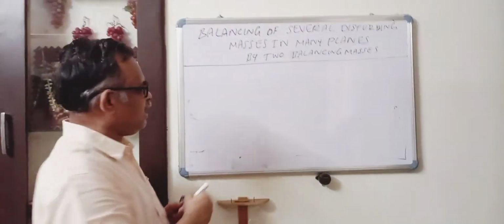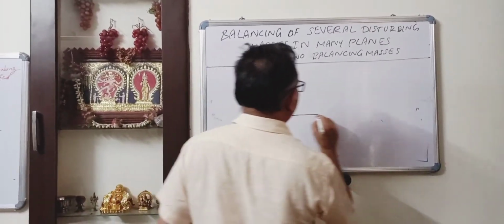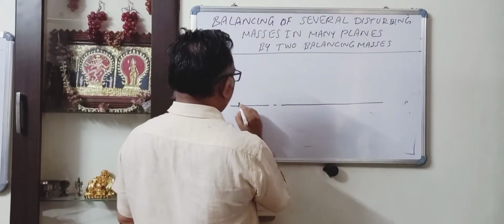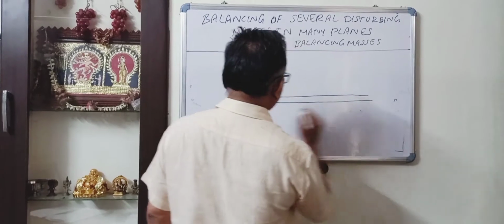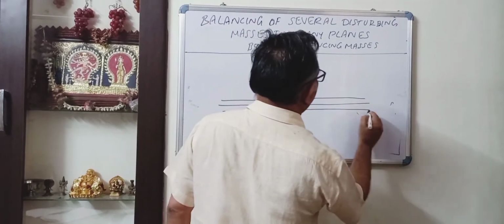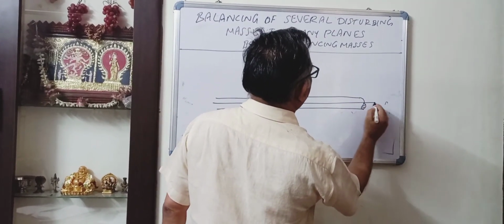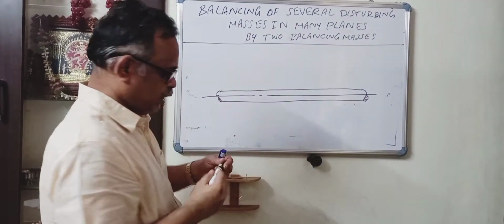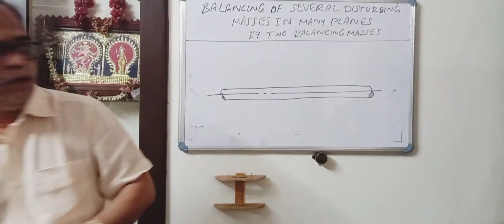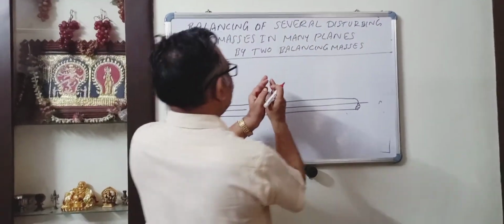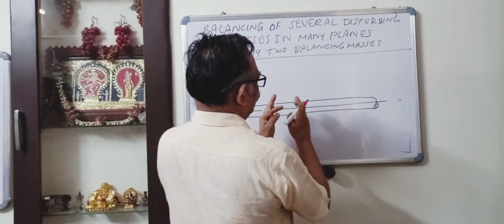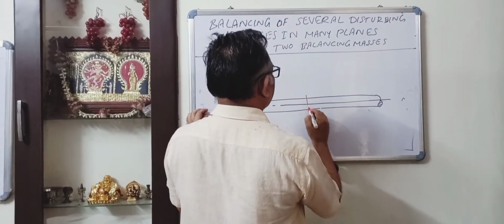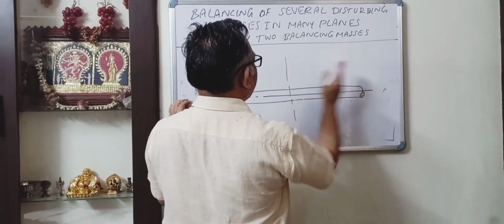Now, that case I will draw, right? It is like this. There can be a shaft like this, a long shaft like this, as in the case of a steam turbine, right? In the case of a steam turbine, there will be two sets of blade arrangements, right? So from the center, symmetrically on both sides,